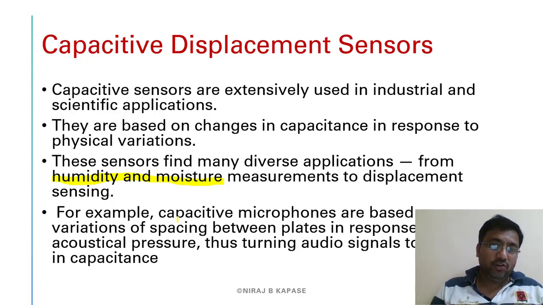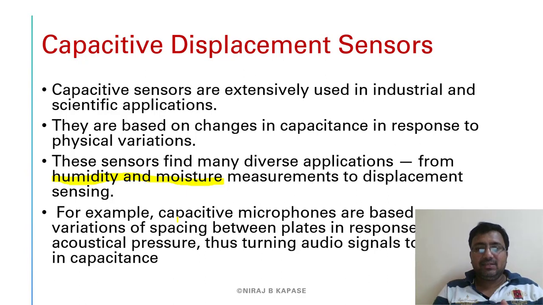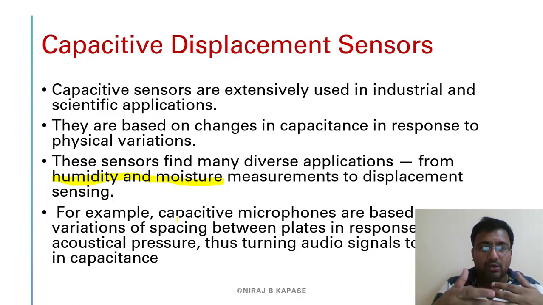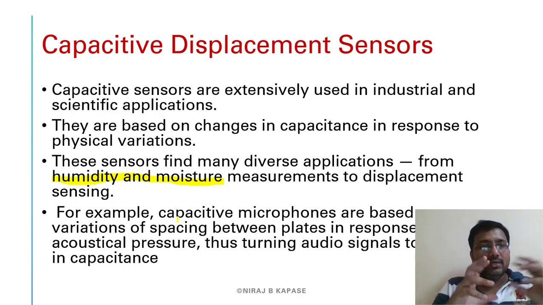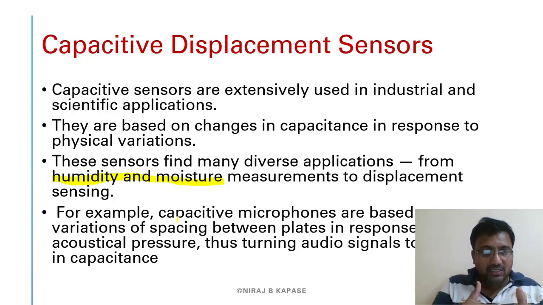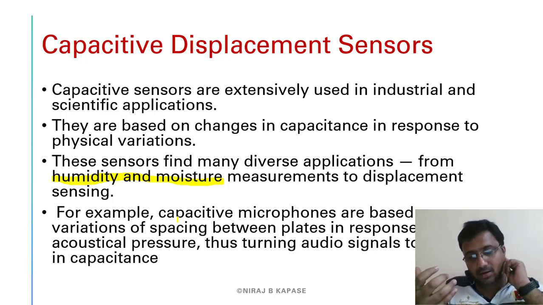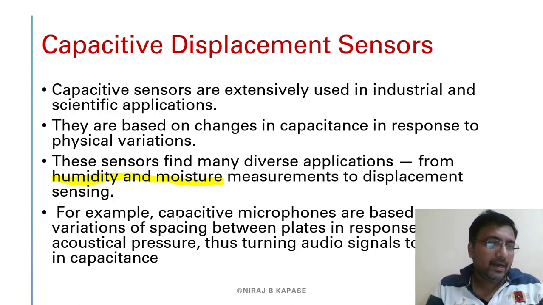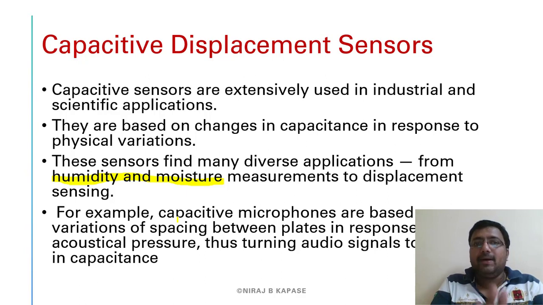Like we have a microphone. What is there inside the microphone? There is a capacitance principle they use in the microphone. Due to the voice pressure put on those particular plates of the microphone, it rotates. There is a structural arrangement such that the yoke rotates, and because of the yoke rotation, it changes the capacitance between the two plates. Due to this variation in the capacitance, the audio signal will be converted into an electrical signal. Again, the microphone is one example of a capacitive displacement sensor.